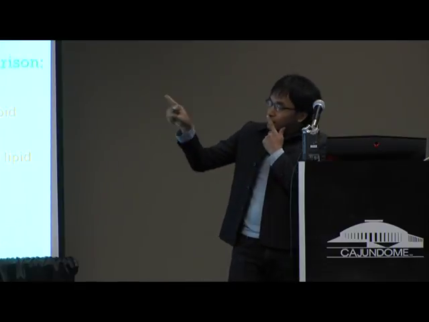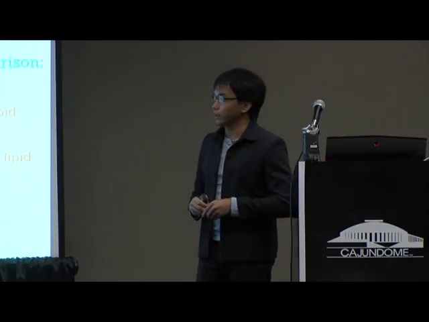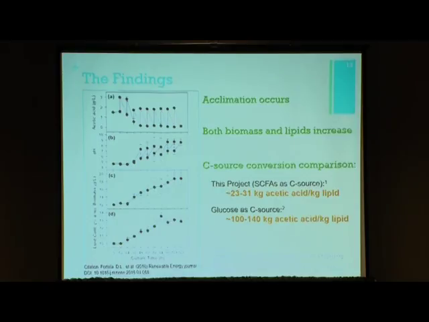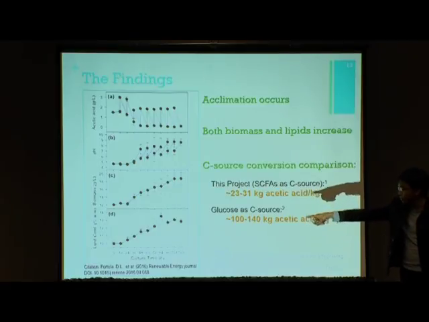Now, this is the kinetics of all that processing. I'm going to show more data right now. The first point here is that, by the way, this is a figure of the acetic acid profile. This is carbon source, then the pH, then the biomass, and the lipid content at the bottom. Now, the first point here is that acclimation occurs in the first time axis at the bottom.